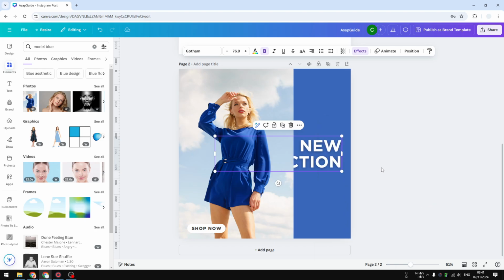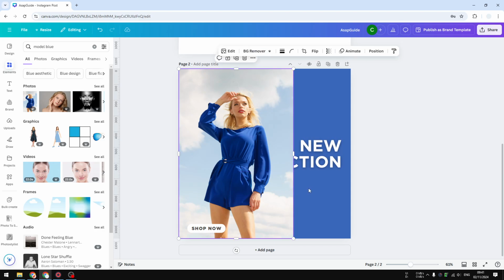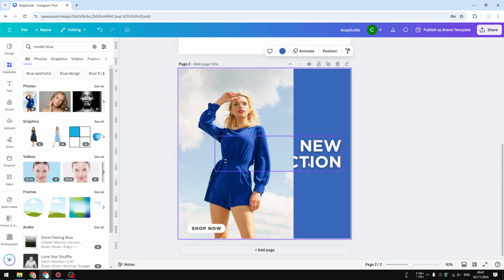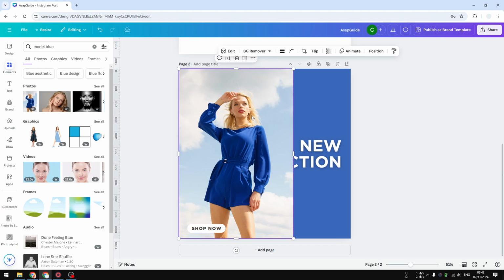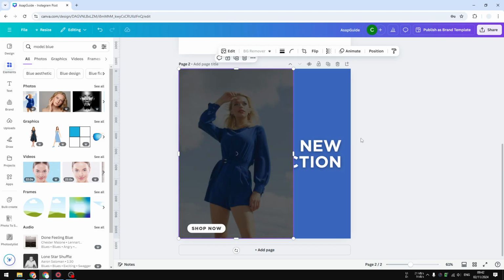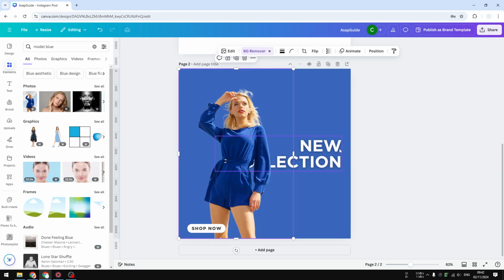So I'm going to do that, and in this case one click is enough, but this is the result, and I don't think this is exactly good because now we cannot see the text at all. So sometimes it is a great idea to make the background of the image transparent. Fortunately, Canva does have a feature for it. First, you have to click on the image and then click background remover right here. This is the new AI feature that allows you to remove the background from the object,